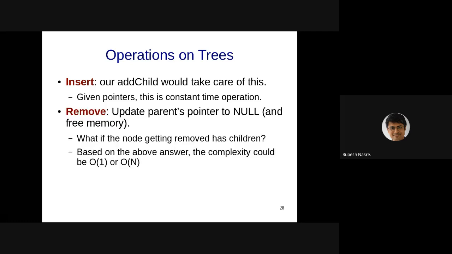Similarly, removal might turn out to be another important function in the context of tree ADT. Remove meaning that I want to remove a particular node, right? Now, removing that node means that I need to first access the parent, because the parent is connecting to this node. Similar to our singly linked list, we cannot go back, and therefore if we have reached a particular node or given that node's address as an argument, then we don't know where to look for the parent, right?